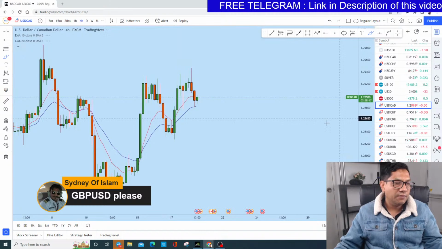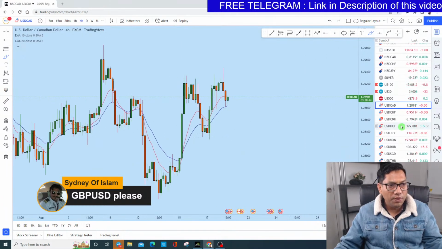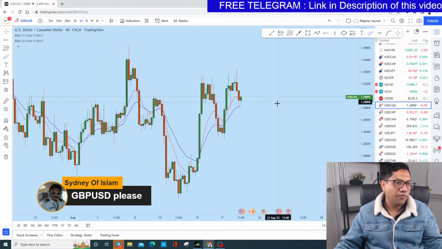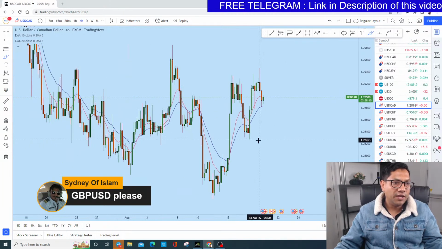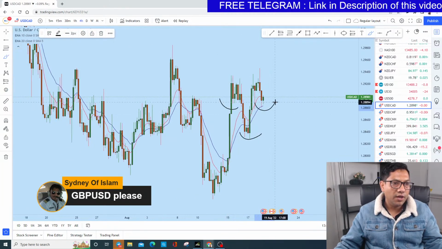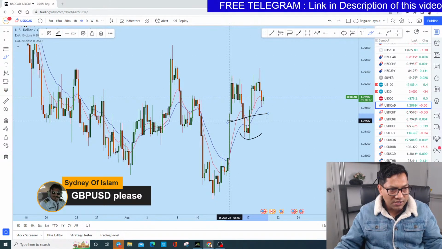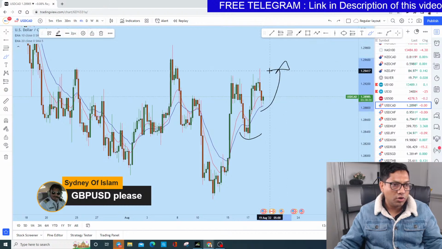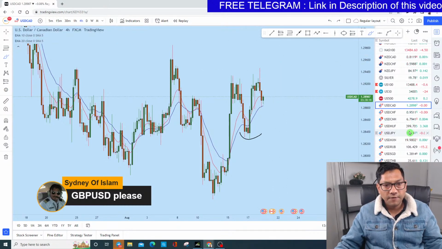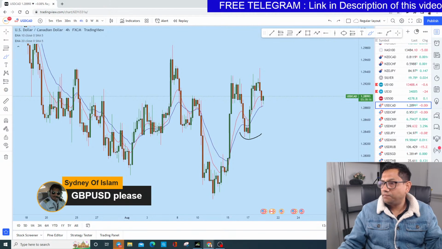So USD CAD could be bullish. Okay, the way the price action formed, there is an inverted head and shoulders on USD CAD. Okay, and we see that there is a 20 period moving average being tested, and I think that USD CAD could drop for this test here, for this neckline of this double bottom, or it might even not drop and continue to rise. Could be. Okay, yeah, that's the thing.